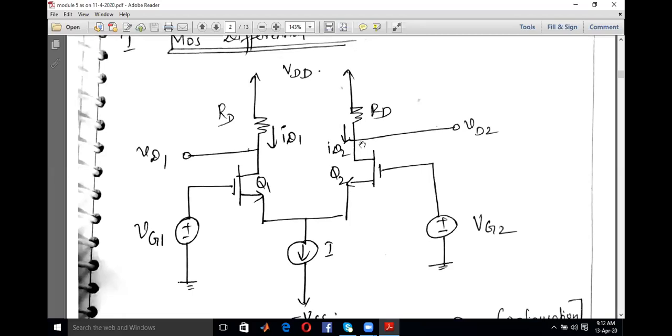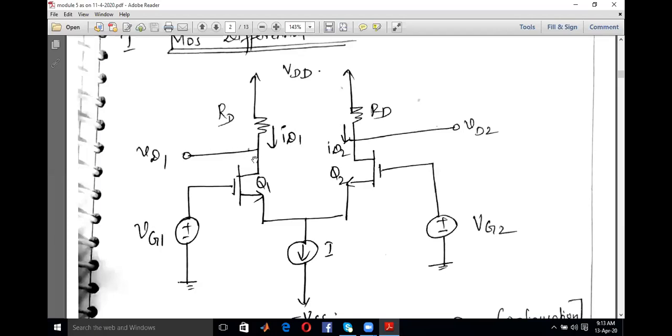In normal amplifiers, we will always take the single-ended output with respect to ground. That is, if you are taking the output across a multimeter or a CRO, one probe of the CRO will be connected to the particular terminal from which you are taking the output. The second terminal you will normally connect to ground, isn't it? That is, ground is acting as a reference. But here, the speciality of the differential amplifier is that it is a double-ended output. It is not a single-ended output. It is a double-ended output, where the main difference is that you are taking the output with respect to two terminals, that is VD1 and VD2.